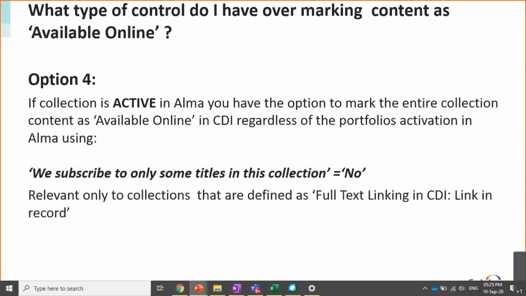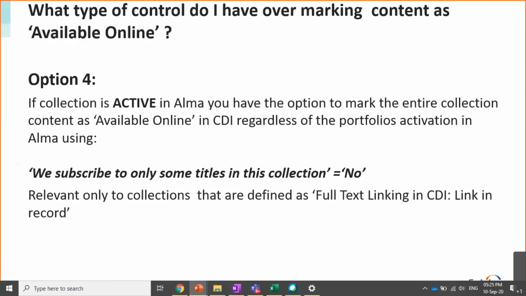Another option, and this is the last option, is for example, if you have an aggregator collection, so it's active in Alma, you have all of the portfolios active in Alma, but you want to tell CDI that if in CDI you have more content than the ones that I have, then disregard the subset that I have active and just activate everything and mark it as available online.